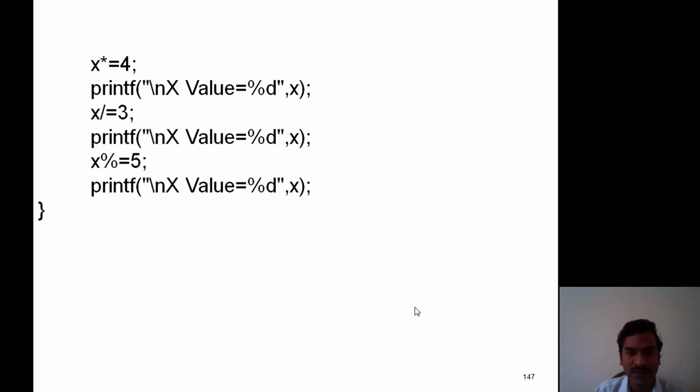I hope all of you understood this concept. So finally, students, C language supports different types of operators used for various applications.